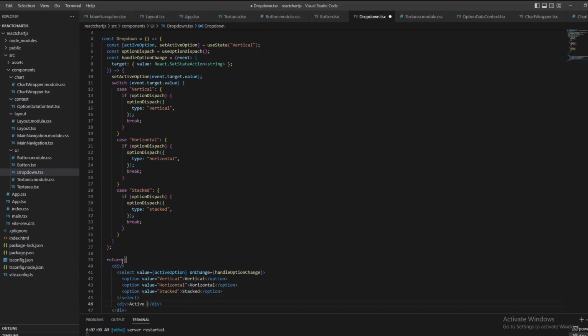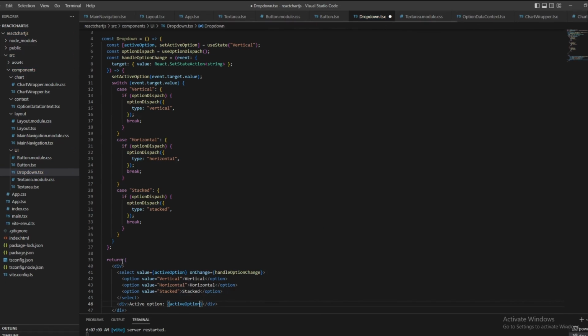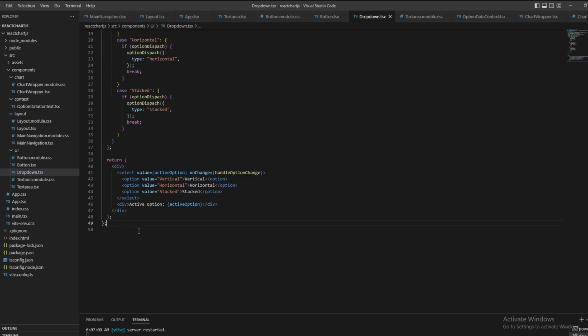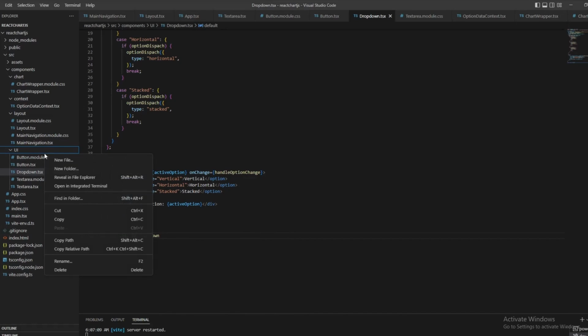And let's also display better our active options. That is going to be our active options from the use state. Yes, and after we write it, I think that we are okay with it. And we should also export default our dropdown. Okay, right now let's define our